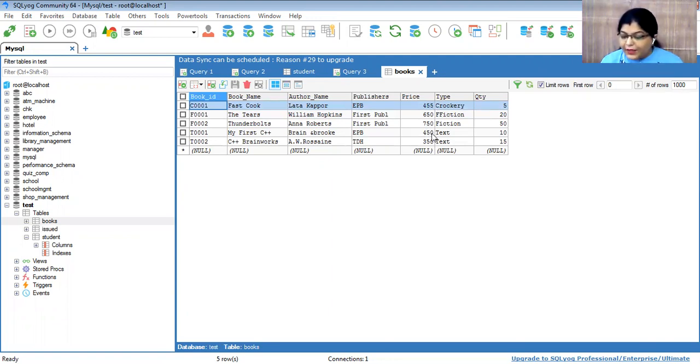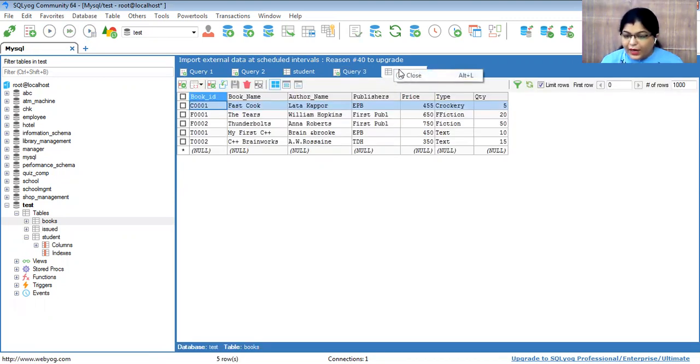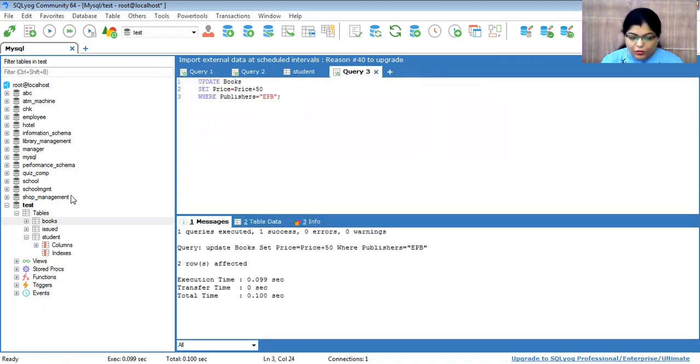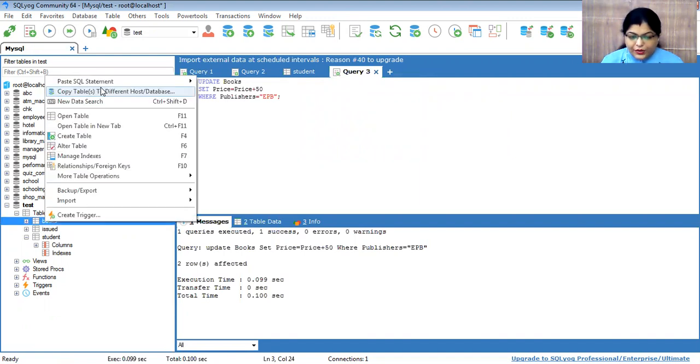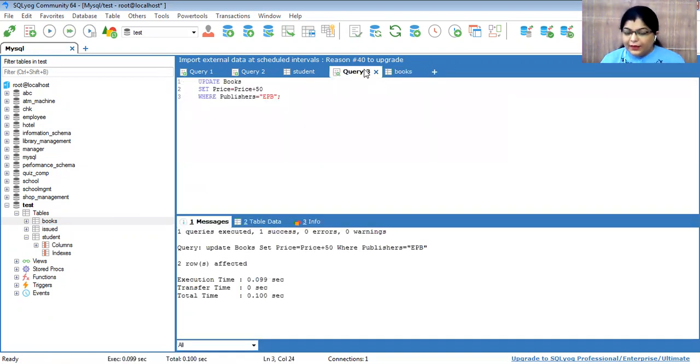Here it is 450. Now when I execute this query again, I firstly have to close this and then refresh it. See, before that 455, now it is 500. In this way, you can update the table with this command.